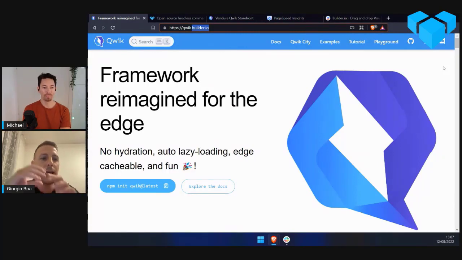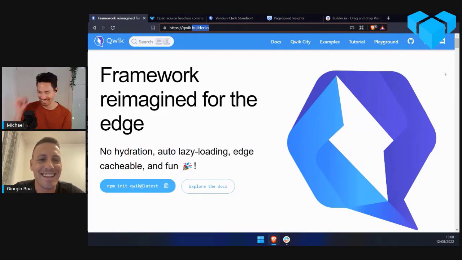In the server, and then ship the code, and the client will do the same job again. Mm-hmm. With resumability, this new concept with Qwik, you do it only once. So the server does some stuff, serializes the data into the HTML, and then the client will resume the rest of the tasks. So it's really fast. It's quick, you could say.